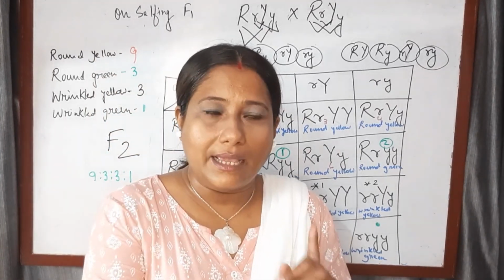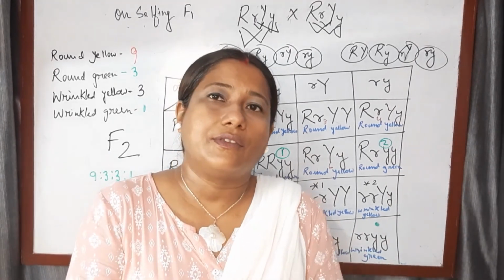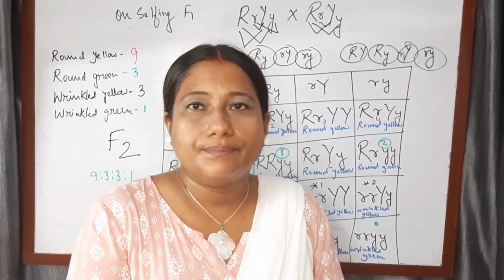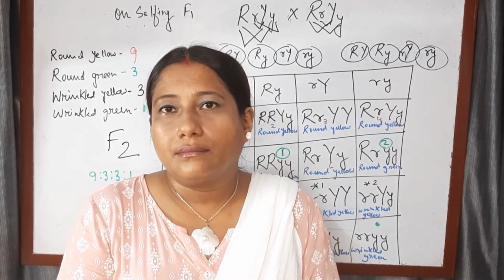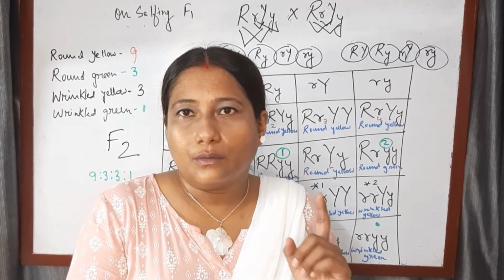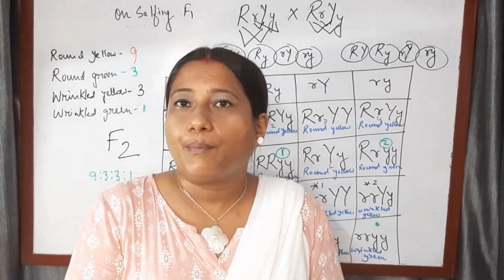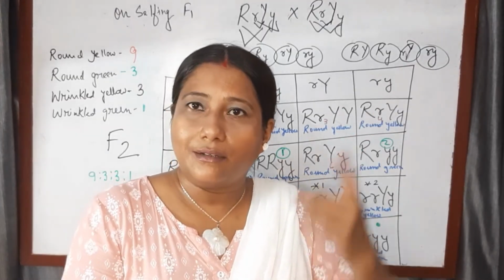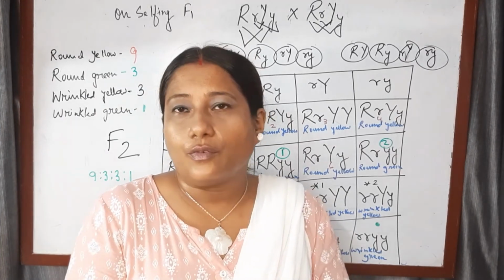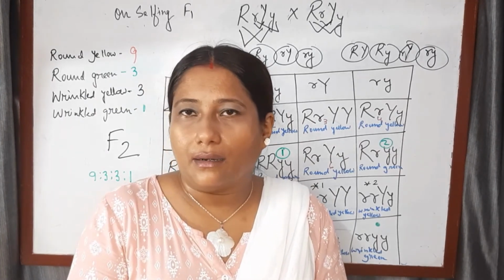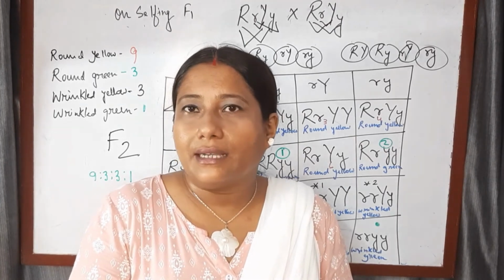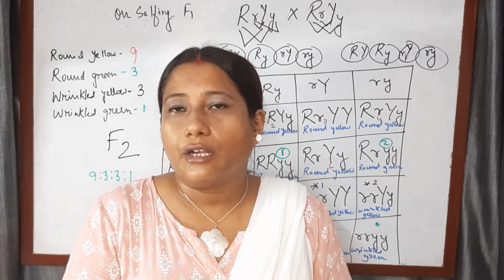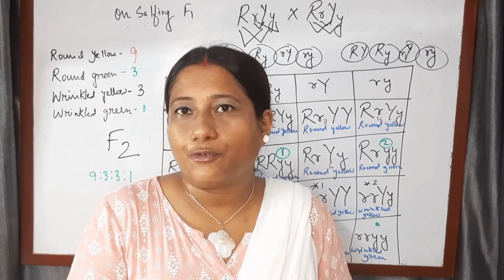As I gave an assignment in the previous video, in this video also I am giving an assignment, so do it. The cross is between a pea plant which is tall, having purple flowers. Tall, purple, both are dominant. I have explained in the first video of genetics. Crossed with a dwarf plant with white flowers. On selfing the F1, I am not telling what the F1 will be, you do it. On selfing the F1, what will be the ratio of the F2 offspring?